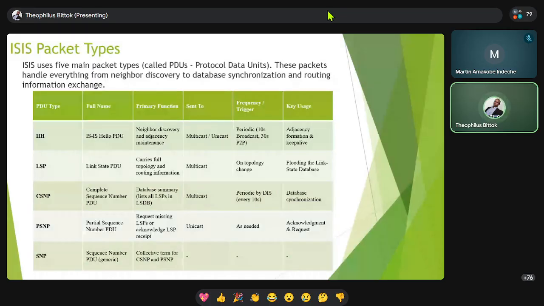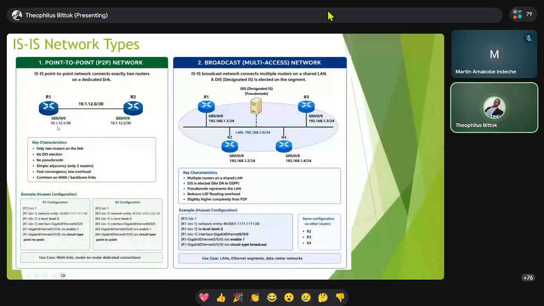Then there's also the IP interface address. Let's say port 0 on R1 has an IP address of 10.1.12.1, and the adjacent port has 10.1.12.2/30. You may find a situation whereby on R2 someone has configured 10.1.12.6/30. Those networks are different, so that could also be one of the reasons that stops the adjacency from being formed.